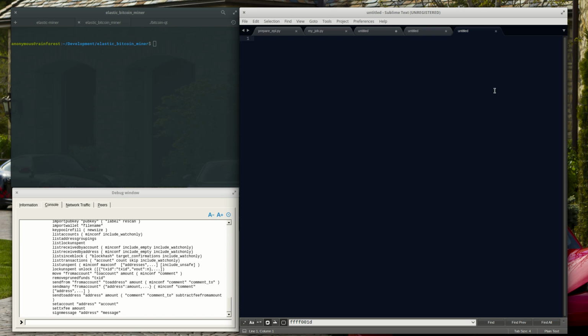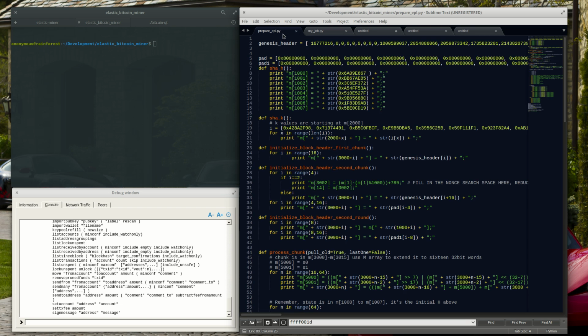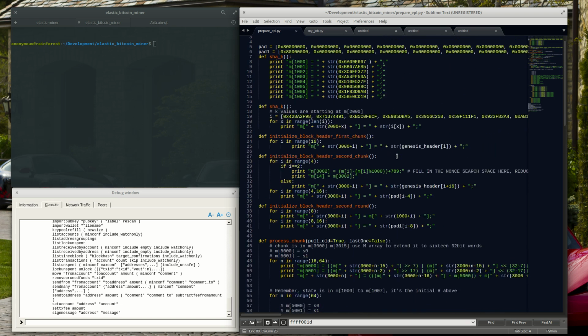So what we need is a meta level, basically, so that we code our programs in Elastic PL through other programs that we code. Sounds strange, but this is actually what I did to create the Bitcoin mining logic in Elastic PL. So this is basically a Python program which